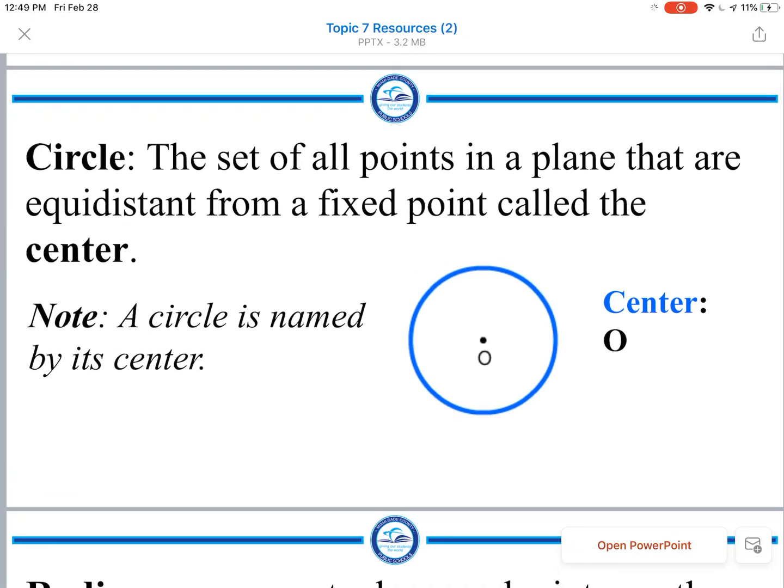This is the vocabulary for topic 7. So the first word is circle, the set of all points in a plane that are equidistant from a fixed point called the center. And it says a circle is named by its center. So we would call this circle, circle O. Let's just talk about the definition